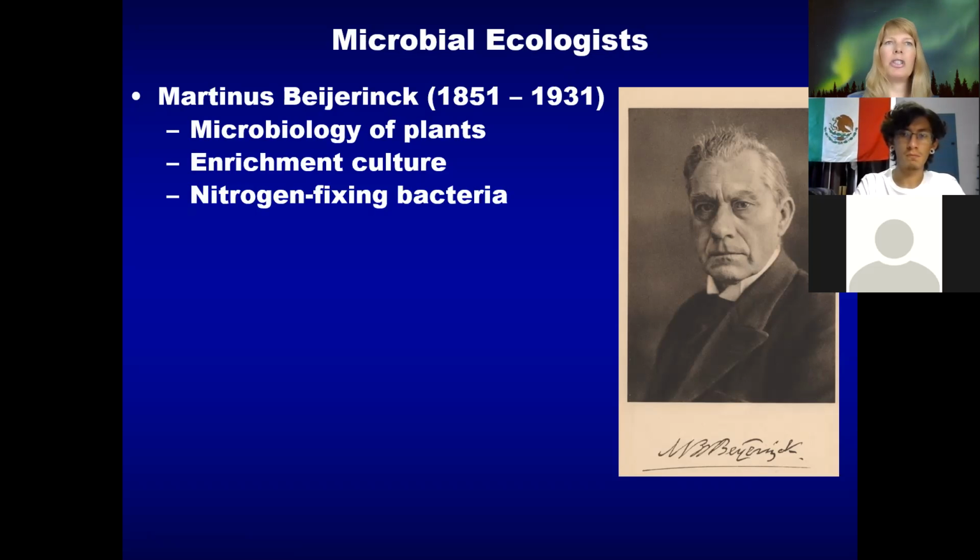Like, if you take a soil sample and try to grow microbes, you're going to get all kinds of microbes out of that soil sample. But if you say, I want to grow microbes that are really good at eating a particular carbon source, well, then you add in that carbon source and you've enriched it, right? You've enriched that media,